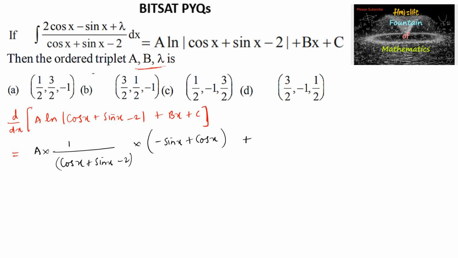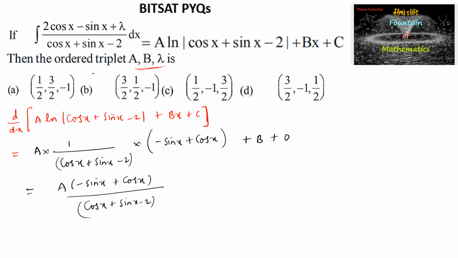And again plus b times the differentiation of x, which is 1, plus the differentiation of c, which is 0. So we can simplify and write a times (minus sin x plus cos x) upon (cos x plus sin x)